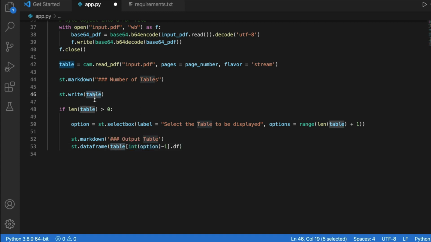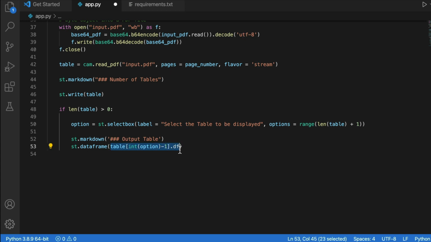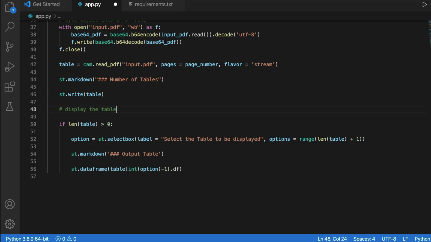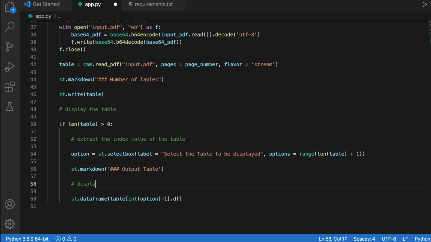You're going to have a list of tables, and from that you're going to take the right table that the user wants to see, pass it as an index, and then say .df to extract the pandas data frame of that particular table and then display the data frame. I'm using st.dataframe here. So this is display the table, this is extract the index value of the table, and finally display the data frame.